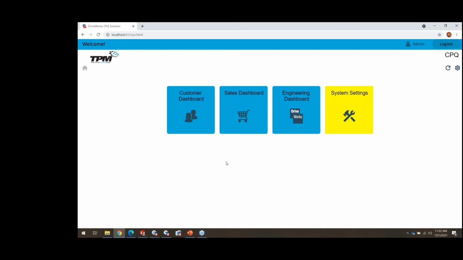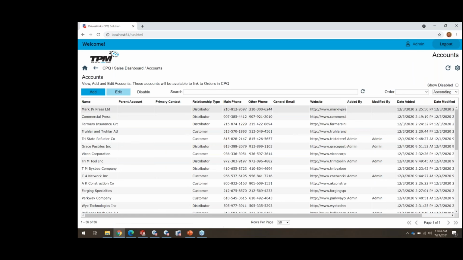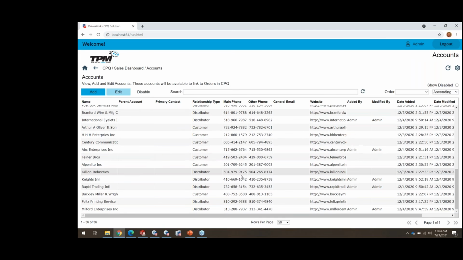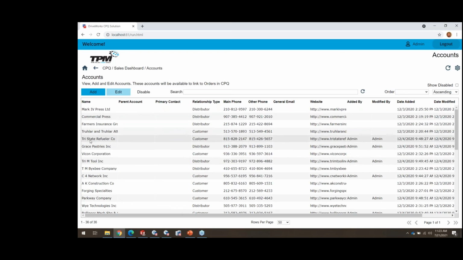Okay, so let's just see what a salesperson might want to see. So they come in here and they have access to all sorts of salesy type stuff. So they can come in and check out all the accounts. Okay, here's a list of accounts. These accounts are fictitious and live internally to my deployment, but it would be typical to have this hooked up